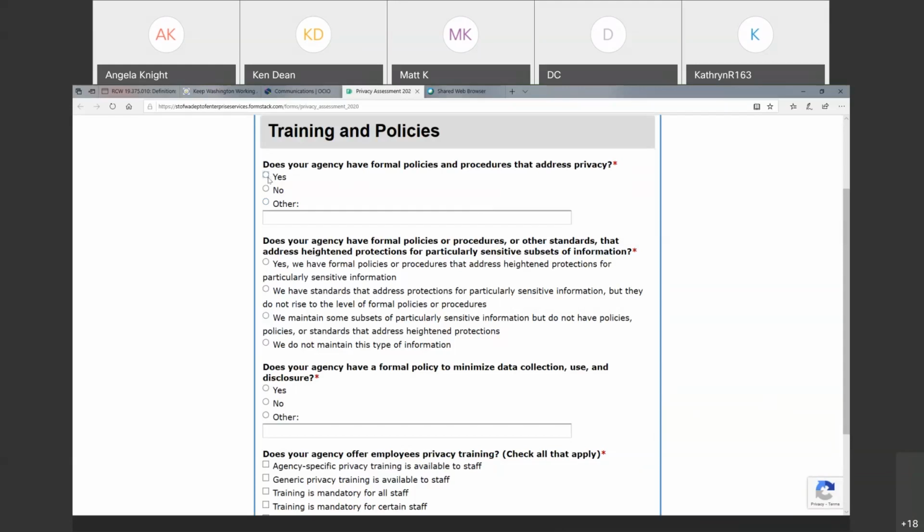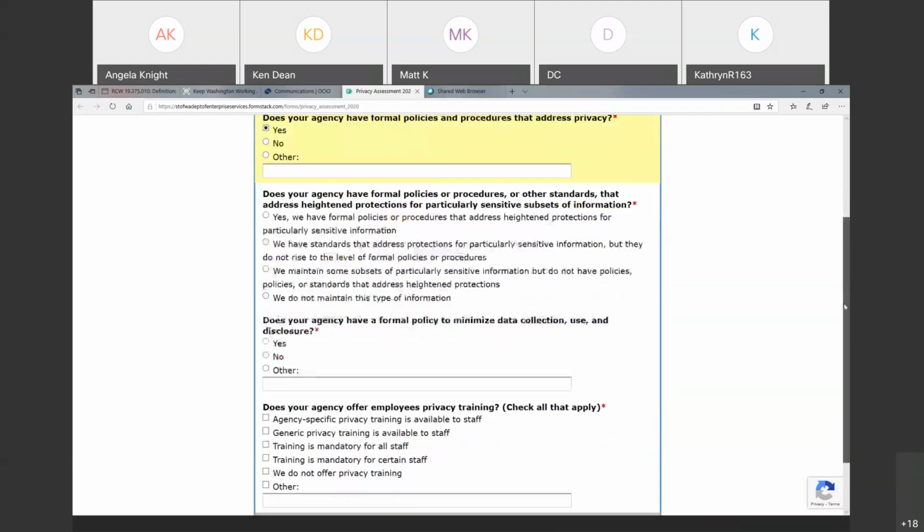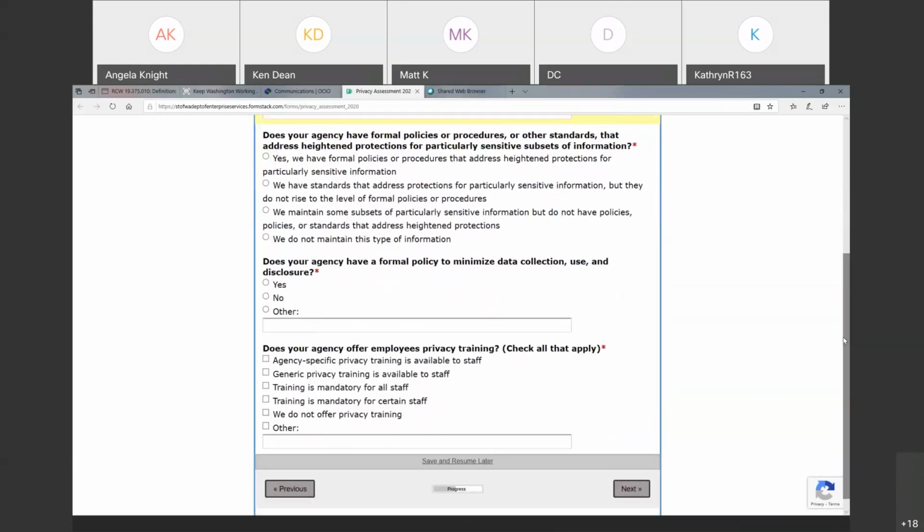So the first question is whether you have formal policies and procedures that address privacy. It's just a yes, no, or other. This next question is kind of a subset of that. It's asking whether you have formal policies or procedures or some other type of standard that addresses particularly sensitive subsets of information. So the things that we've called out here are,